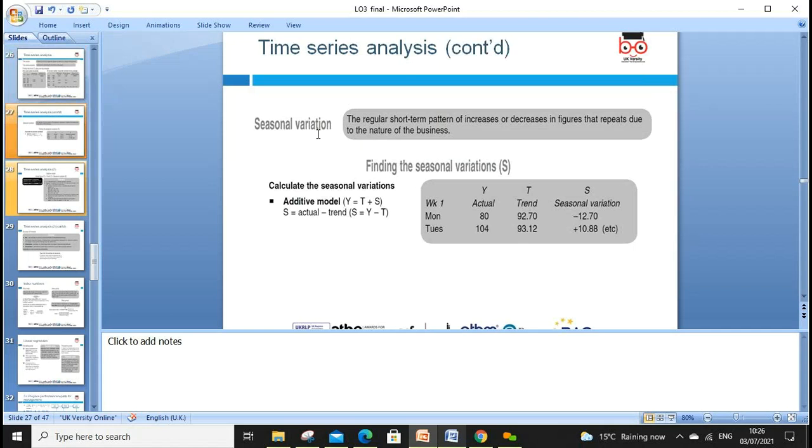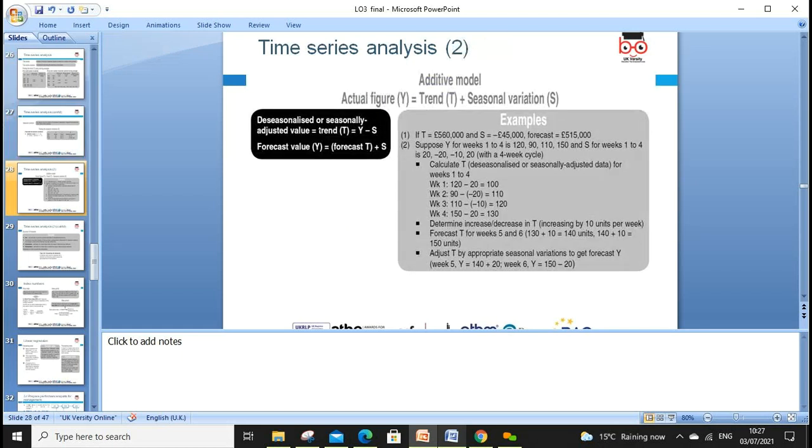We can use this to see what is the actual cost and what is the trend. The trend was 92.7. Actually, we have 80. So there is a seasonal variation of 12. Because if we look, the sales are not always consistent. In different months, we have different trends. Yes, different seasonal variation. That we can also keep in mind when we make the budget. These are all examples of actual and seasonal variations.